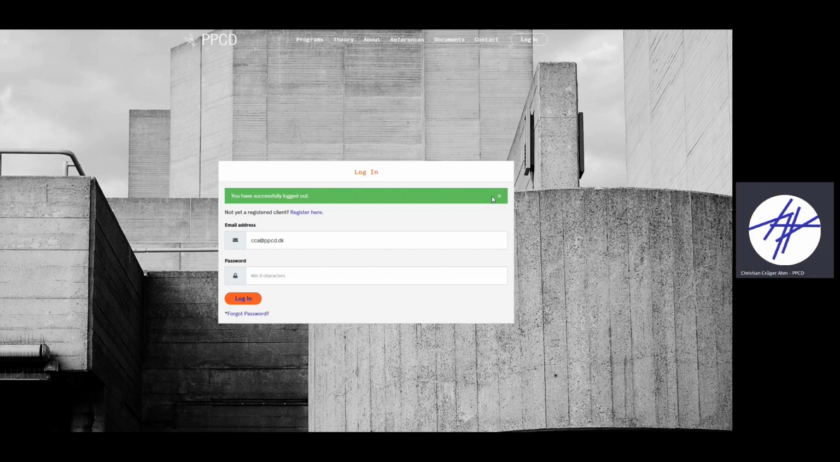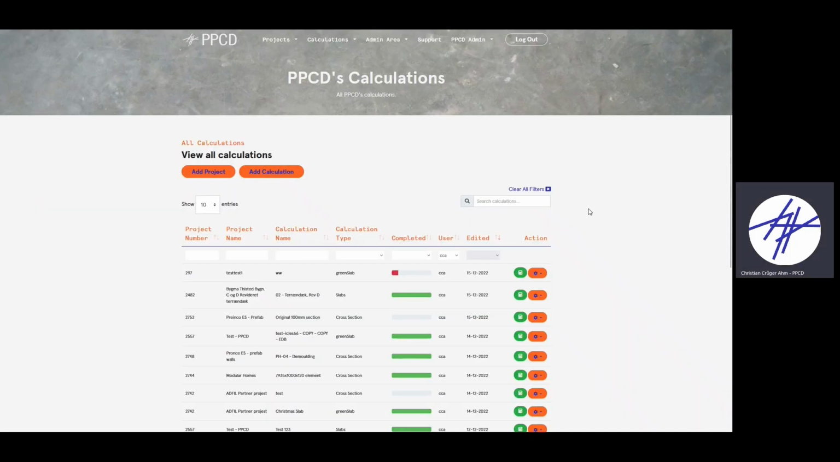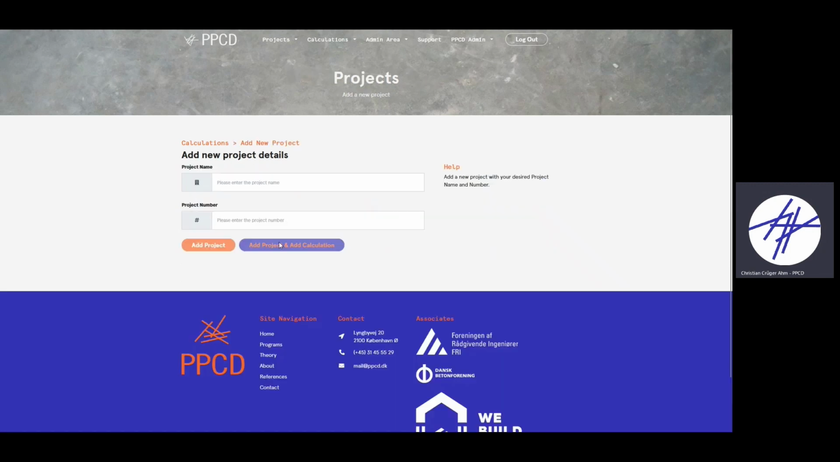When you come to our website, the first thing you'll have to do is log in with your credentials. So I'll quickly do that. Once you're logged in, you'll be presented with the overview of calculations that you've been working on. And here you have the option of adding either calculations to some projects you've already been working on or adding entire new projects. For this, I'll be adding a test project